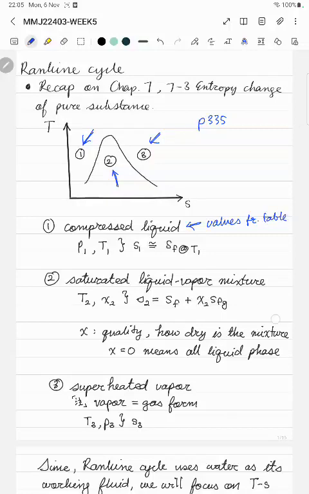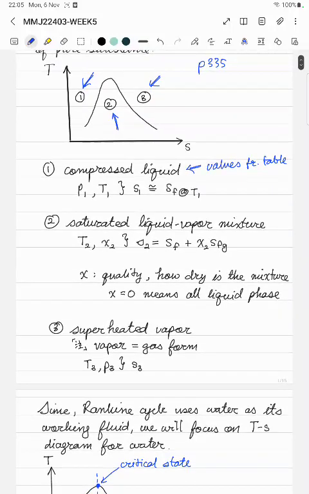The same goes for section 2, where we can also get the values of entropy and enthalpy from the table, except that we have to introduce a new parameter, which is quality, because section 2 is a mixture of liquid and vapor. Because it is a mixture, you have a portion of your working fluid in liquid form, and some of your working fluid in vapor form. So that's why you have to introduce this quality parameter. And then you have section 3, which is basically all gas, and you can also get the values